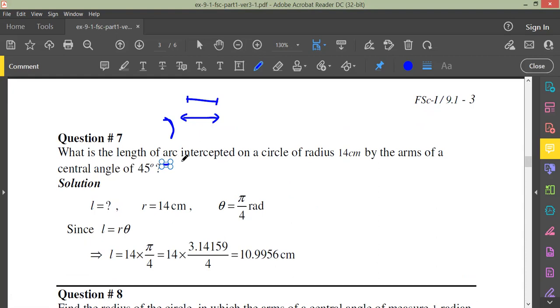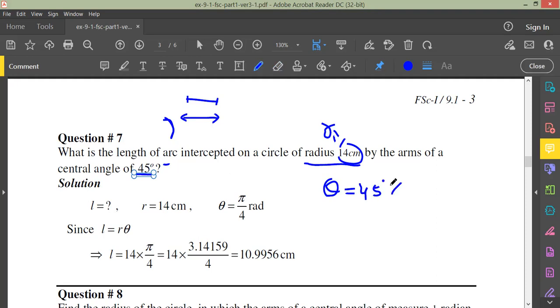What is the length of arc intercepted on a circle of radius, so the value of r is equal to 14 centimeters, by the arm of the central angle of 45. So theta is equal to 45